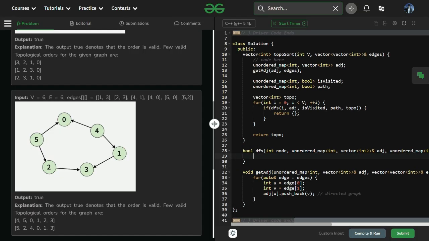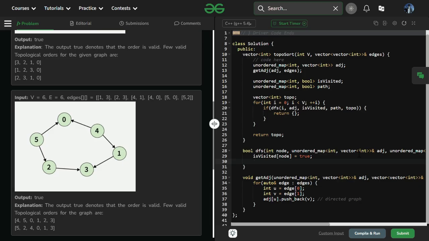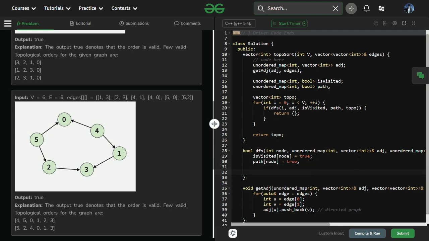The first thing that we do is mark the node as visited, and if we have already covered that path for the node, also mark it as true, right? So this is done. Now traverse the neighbors